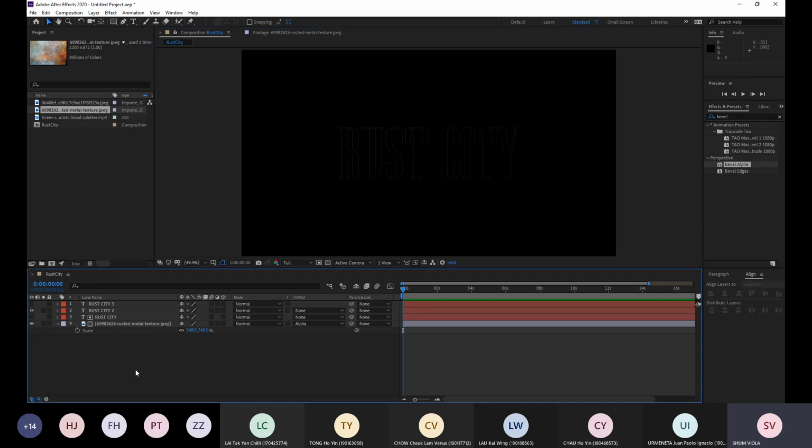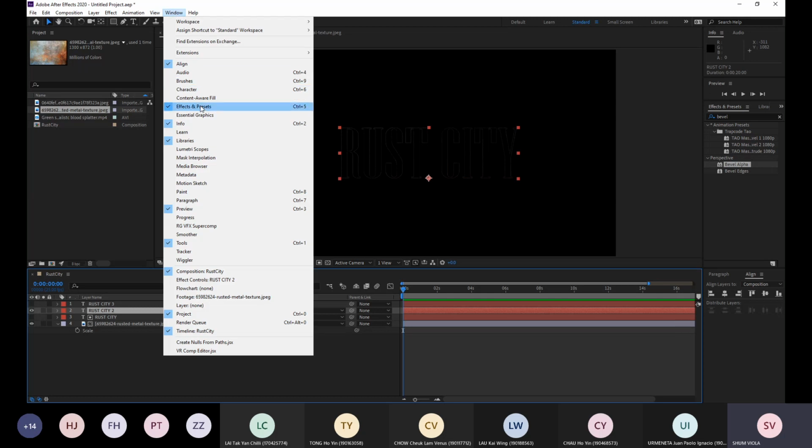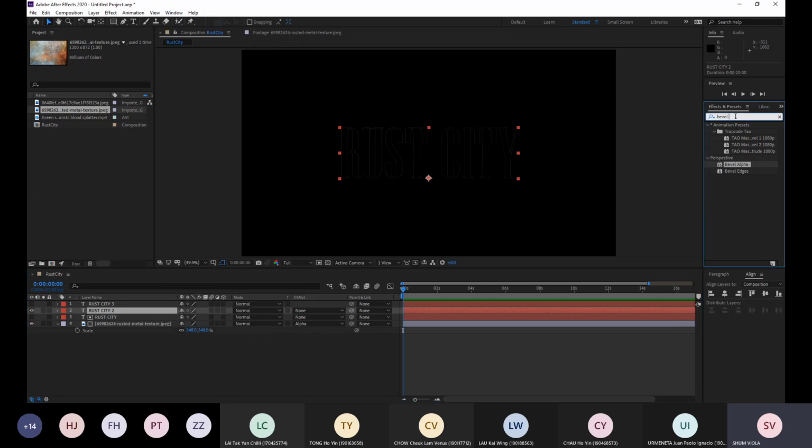going to do is select Rust City 2 and go to Window, Effects and Presets, search bevel. Okay, and then there are two results. One is bevel alpha, and the other one is bevel edges. Okay, I will use this one, the bevel alpha. And then you drag the bevel alpha to the rusty 2。咁你 search 到個 bevel alpha 之後咧，就拉呢個 effect 落去你呢個 rusty